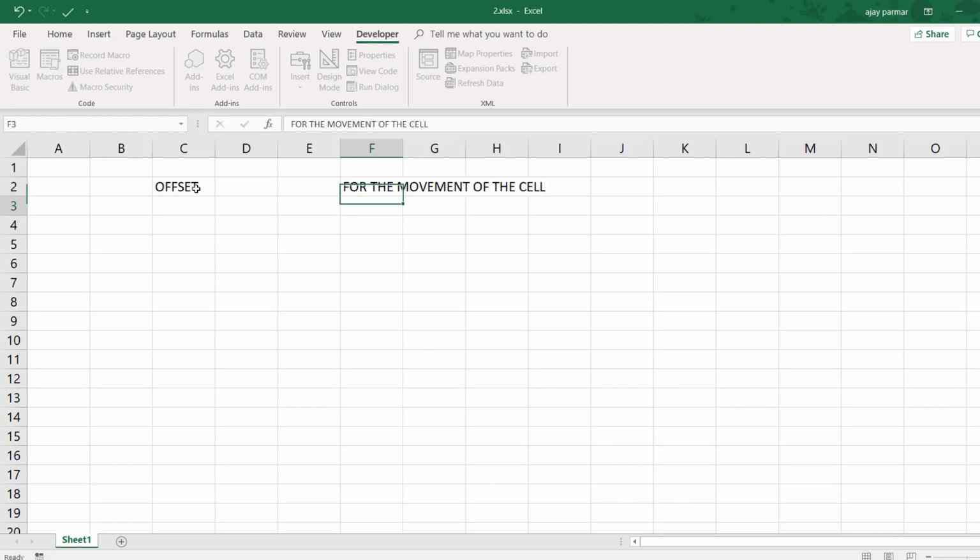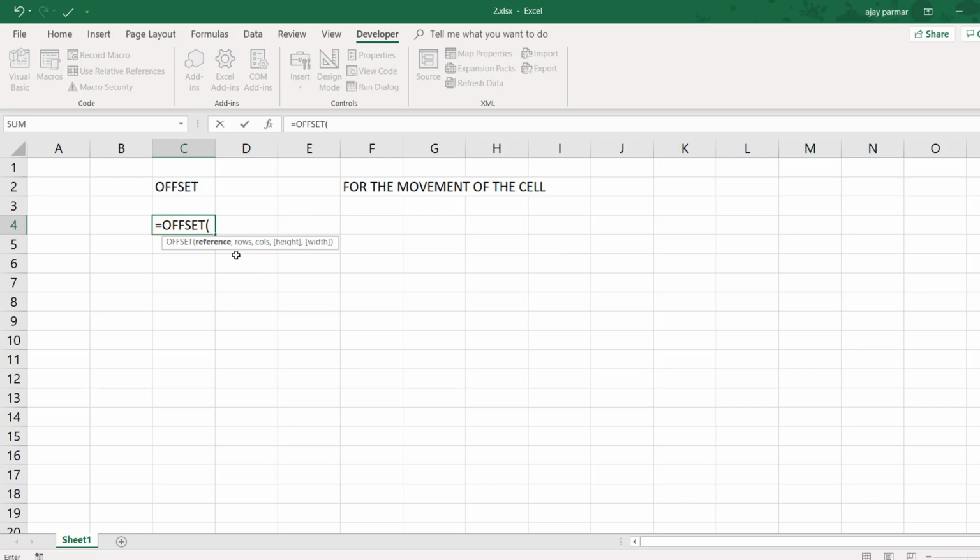Okay, whether it is Excel VBA or just Excel, offset is used a lot, and it is a very magical function. It is one of my favorite functions actually. We will not talk about the use of offset in Excel VBA anyway. So in Excel now, when you go and write the offset, you know,